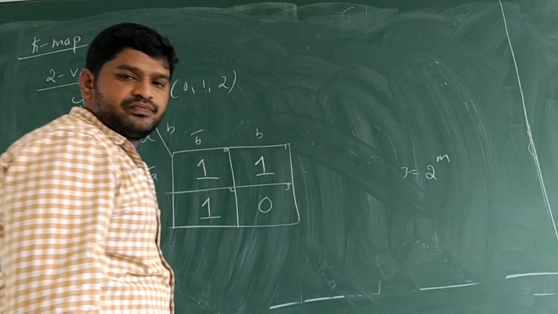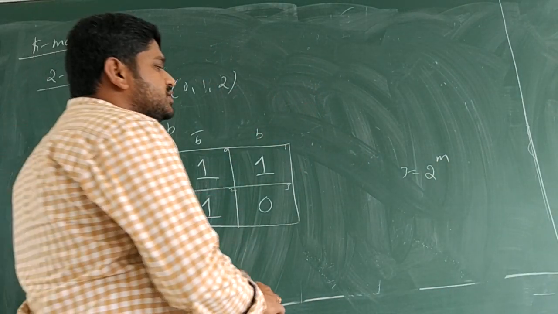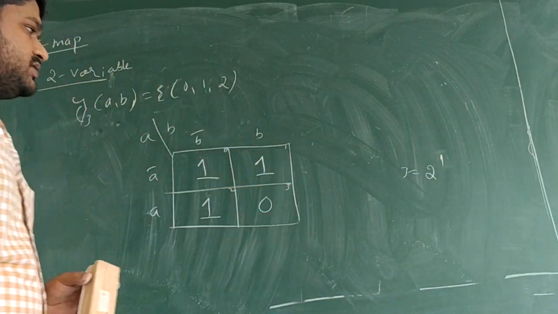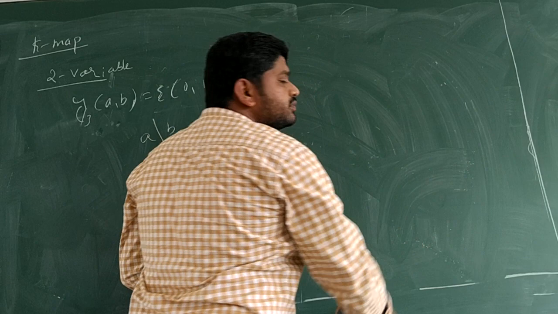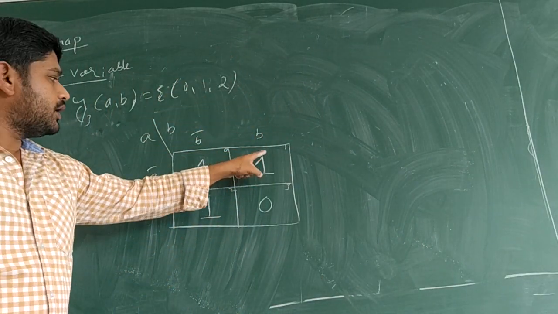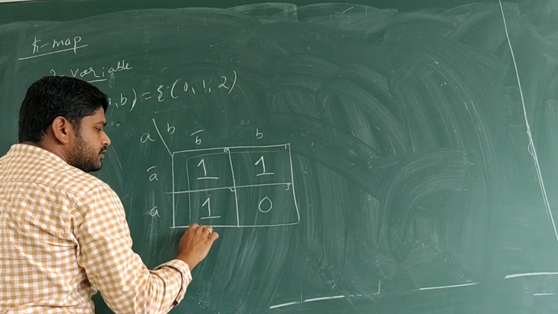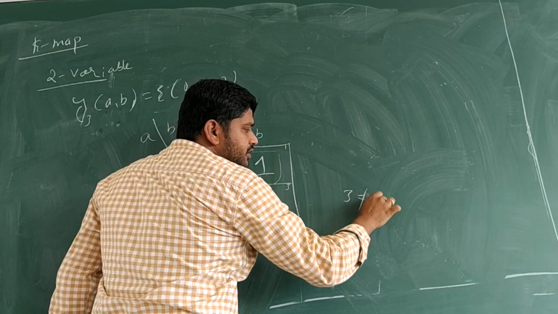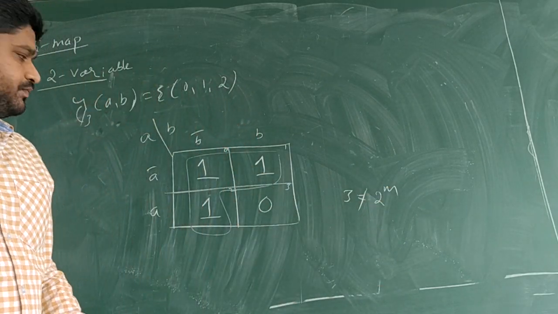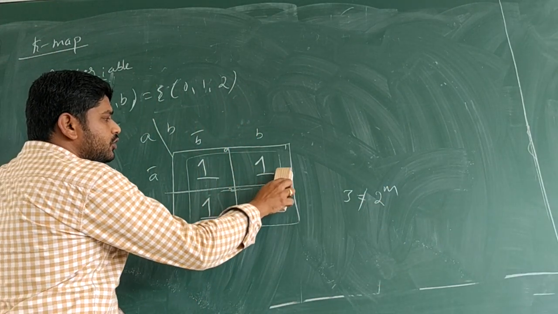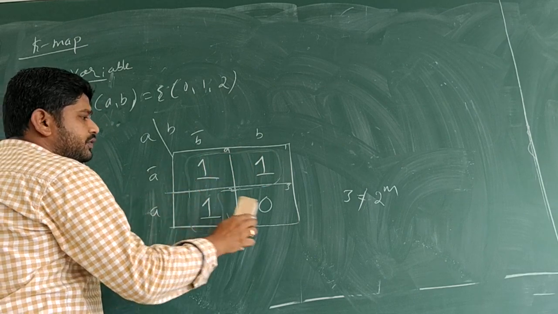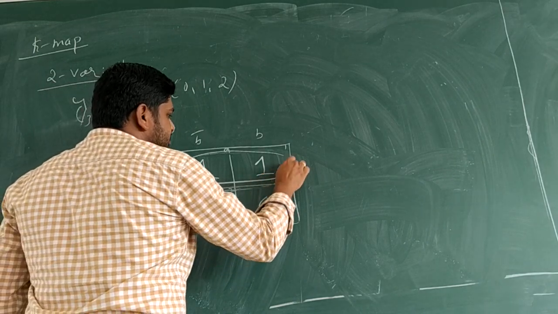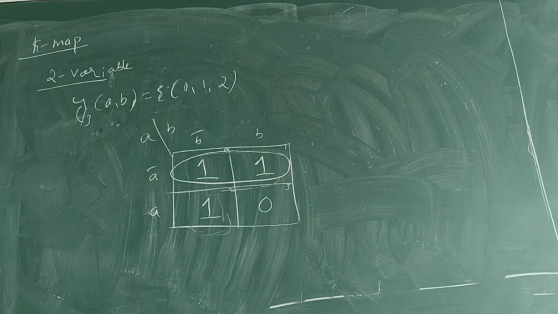But we don't have a standard 2 raised to m. Okay, so in that case, we have to think about different possibilities. Okay, now, what is the first possibility? Taking this, and this is also not ordered, please remember. Because 3 is not a standard value of 2 raised to m. Okay, so don't try for this type of covering. Now let's think. Can we do multiple covers? Yes.